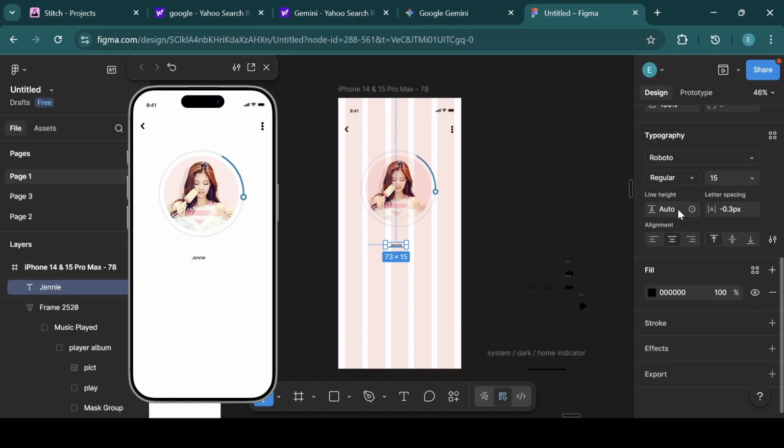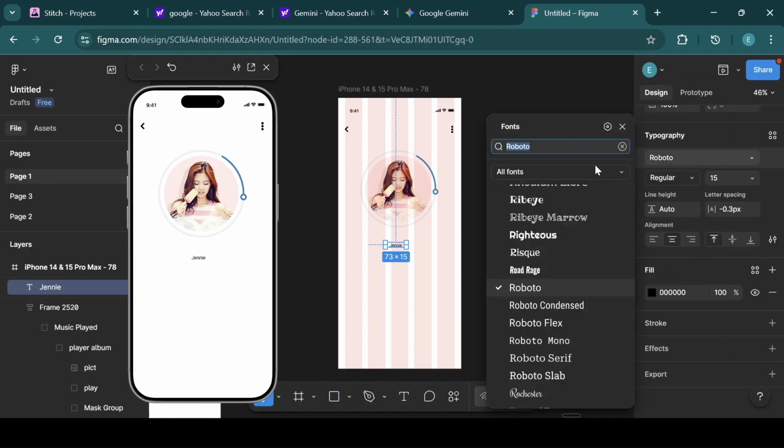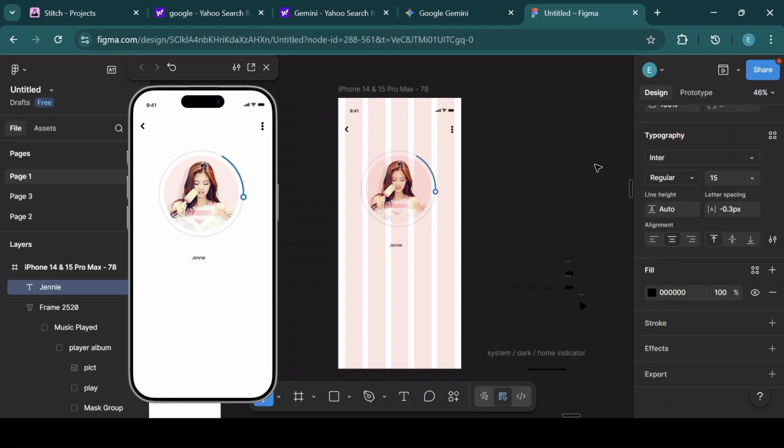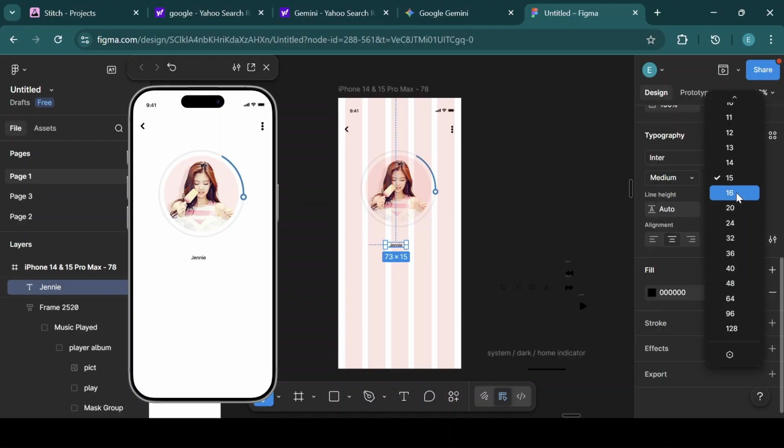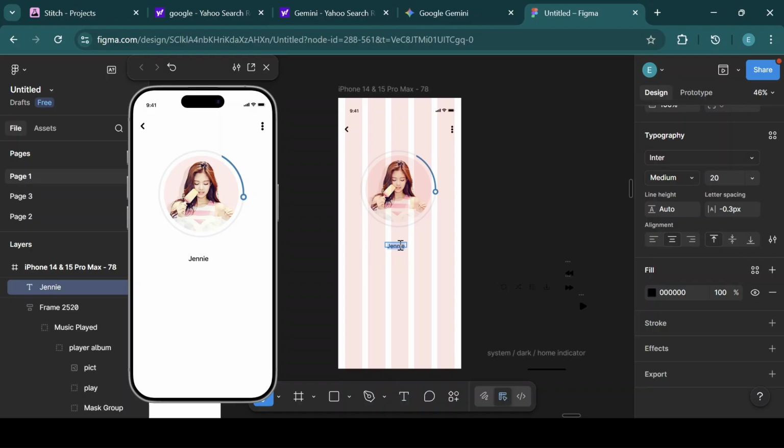All right, so let me use enter and have this on medium, and then I'll increase the font size to let's say this. Okay, so let me make it caps rather this way. All right, so